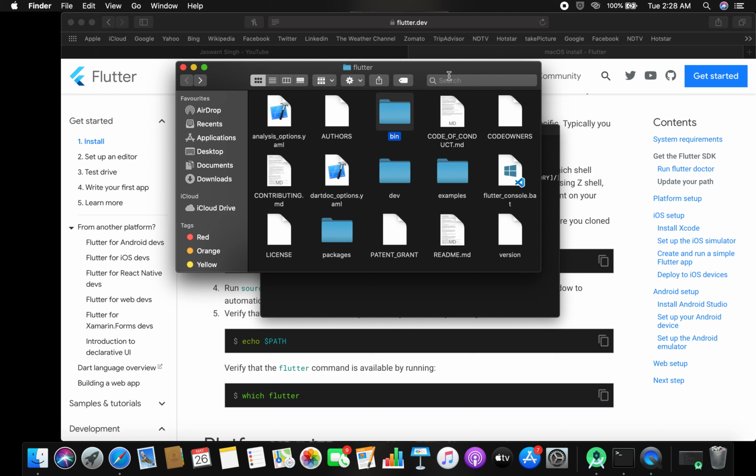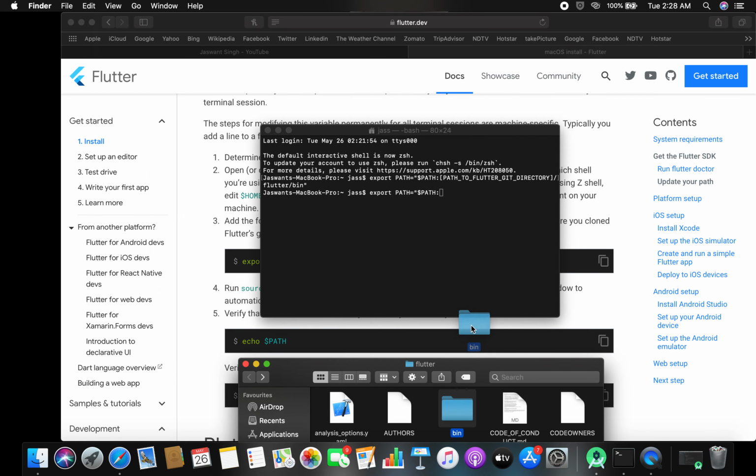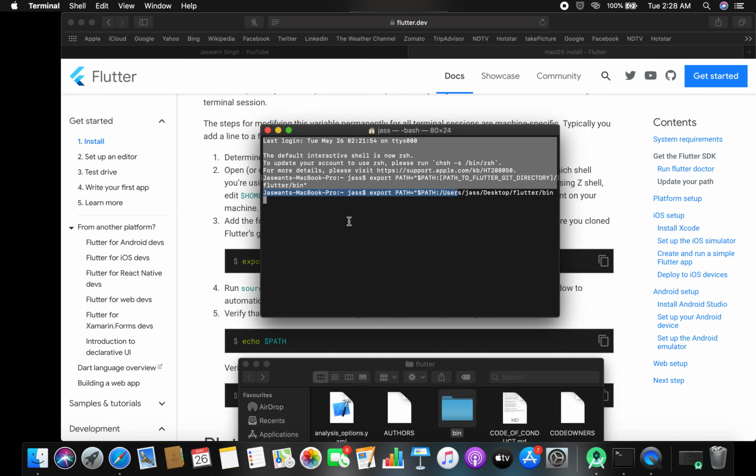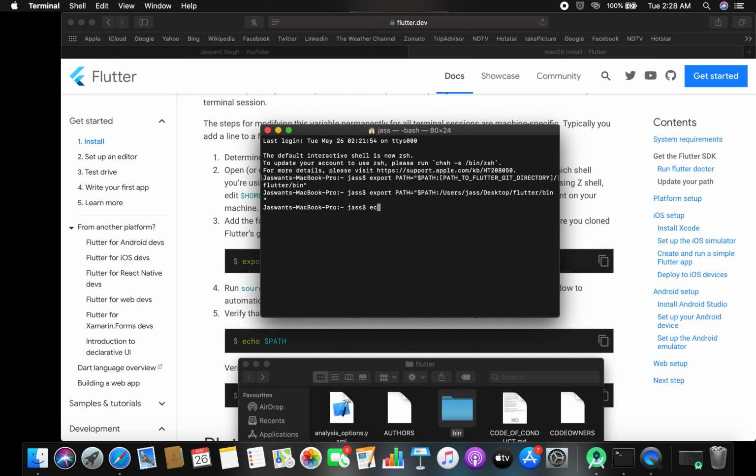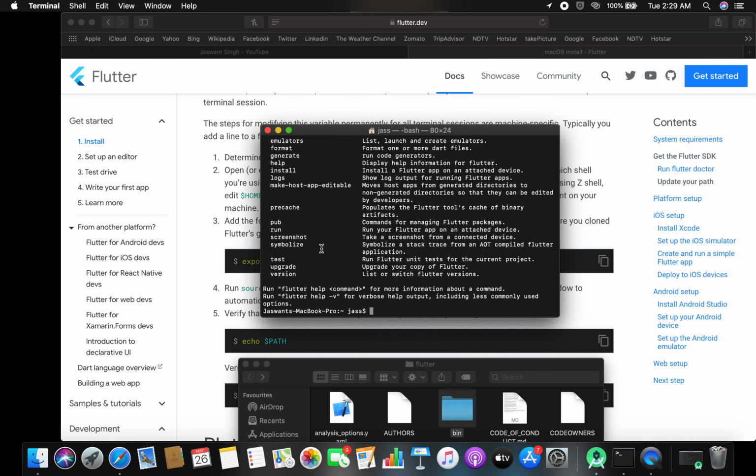Just open your directory, locate this bin folder, and drag it to here, and don't forget to add the double. Okay, now it is set to the path. How can we check if it is set or not? Just type echo $PATH in caps here. So you can see it is located. Okay, now if I run, it will find the binary.